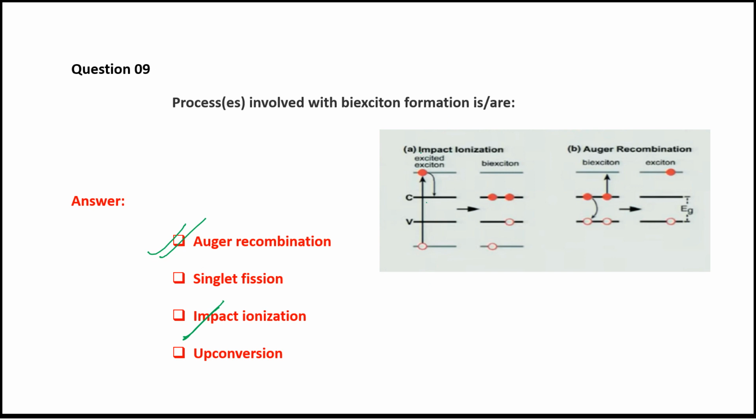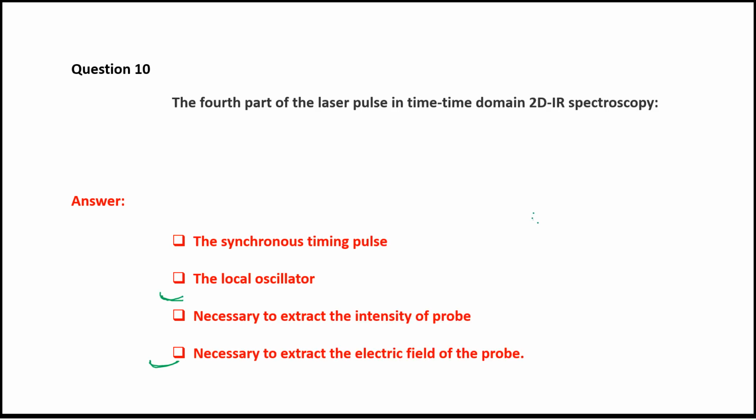What happens to this hot exciton? It loses energy and comes to the ground state. The energy left is used to excite another atom. Okay. And as soon as this other electron is excited, it excites another electron also, and thus Auger recombination happens. So the processes involved in the bi-exciton formation are Auger recombination and impact ionization. Then,